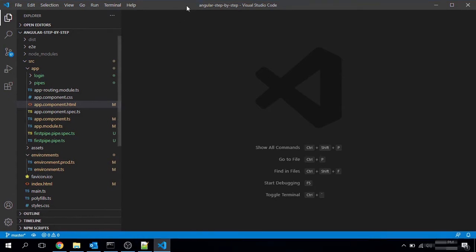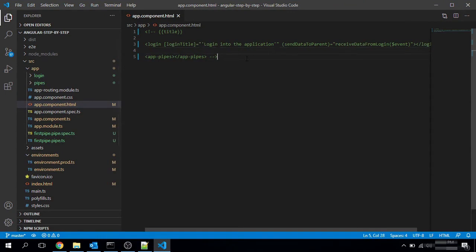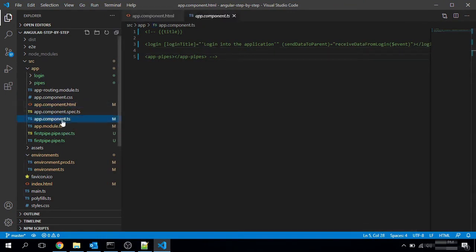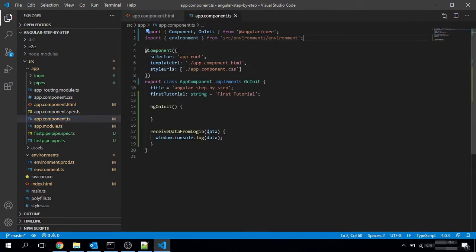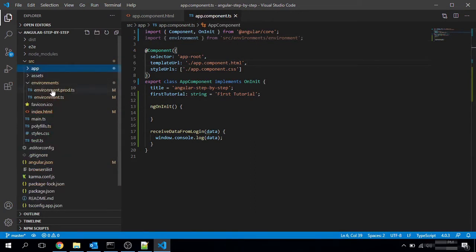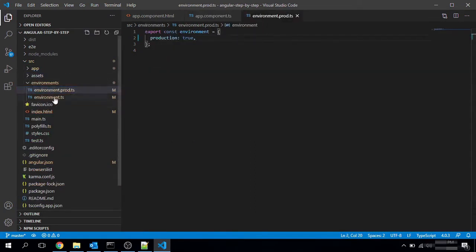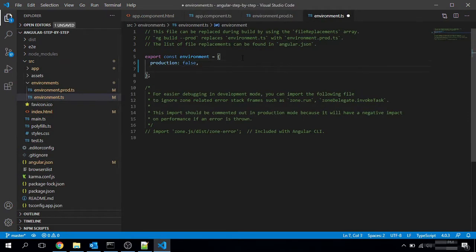In this case we will have to configure some basic points. I am just demonstrating all these points to you guys in the app. First we will create a file in environment. You can see that here is the environment.ts file. I am adding a URL in these files, like API URL.